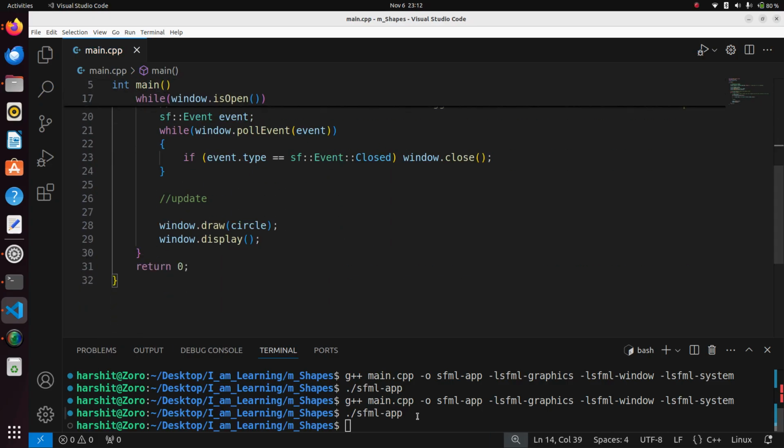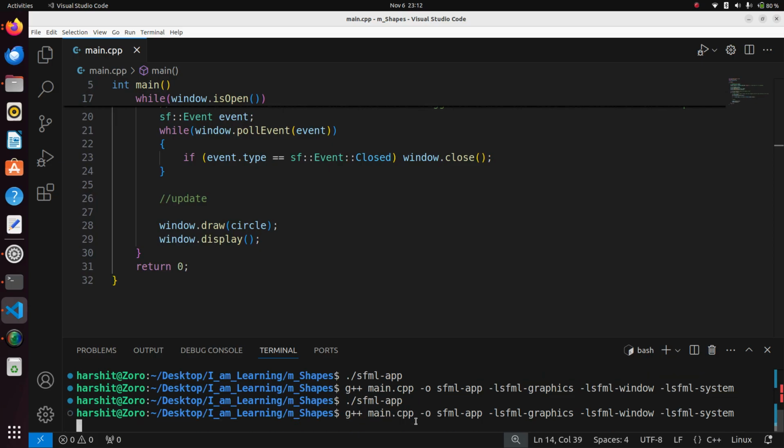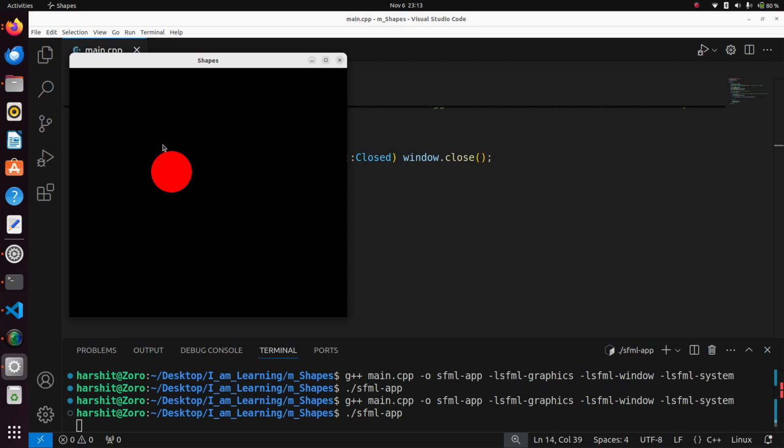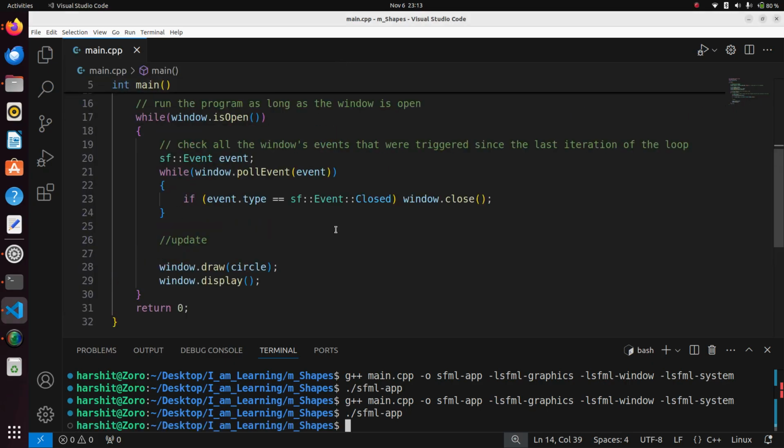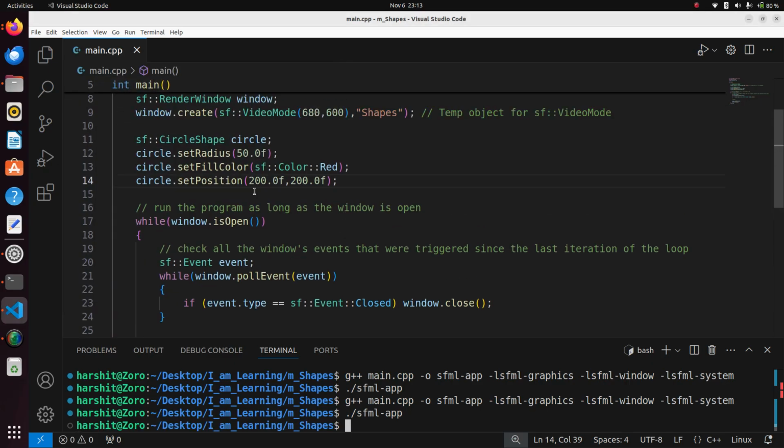So now let's see if there are any changes to this program. You see the circle is here instead of here, and now it is of red color. So we know how to set positions, and we know how to set color, and we know how to set